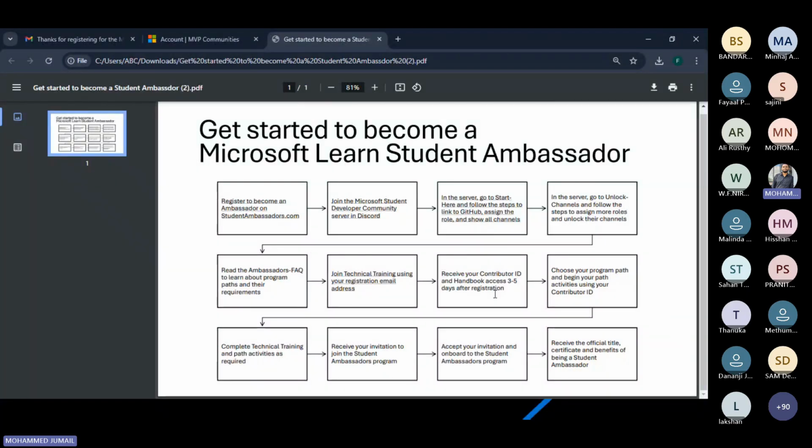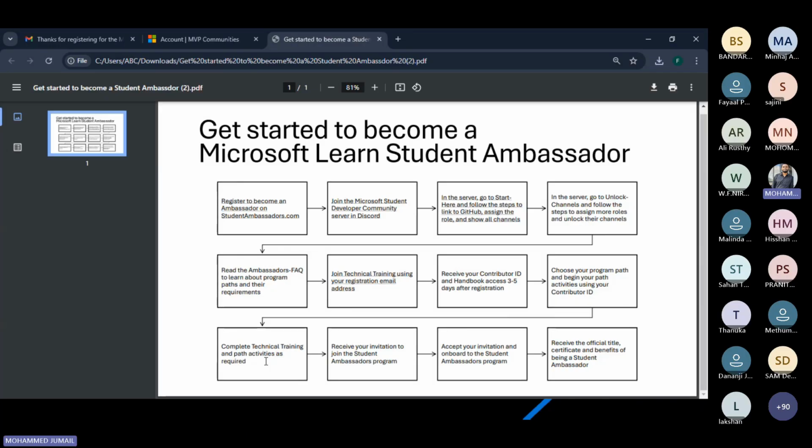When you register, in 3 to 5 days you will get the contributor ID and handbook access. After that, choose your program path and begin your path activities using your contributor ID. Once you receive your contributor ID, you can select your program path and activities.